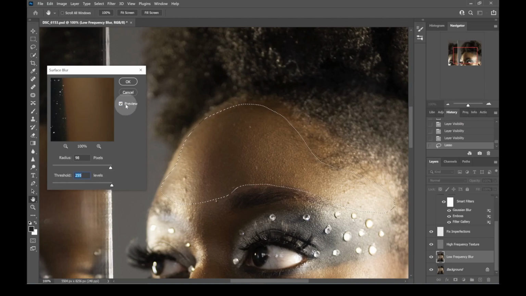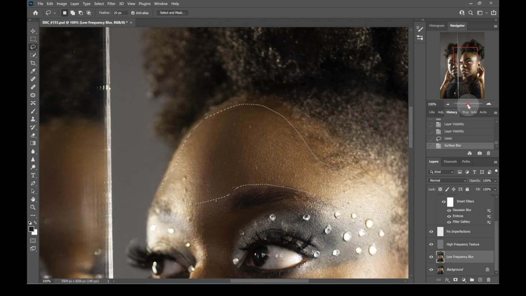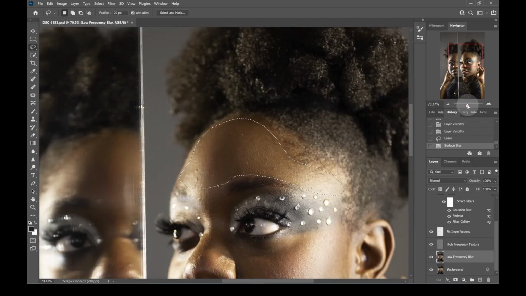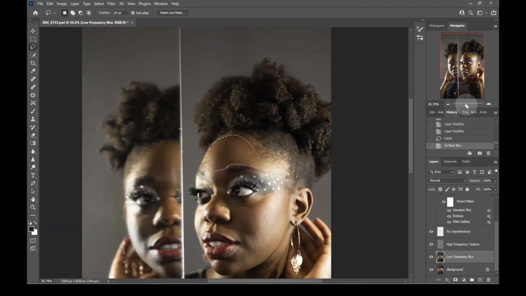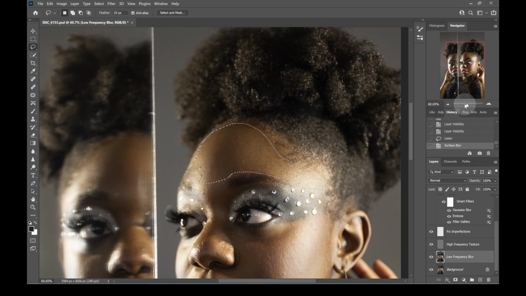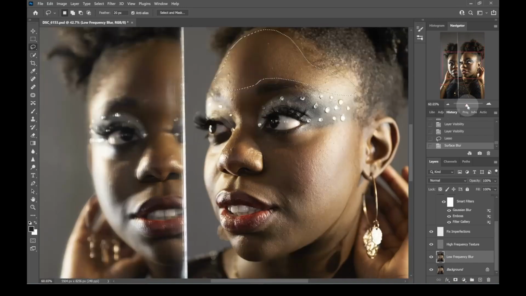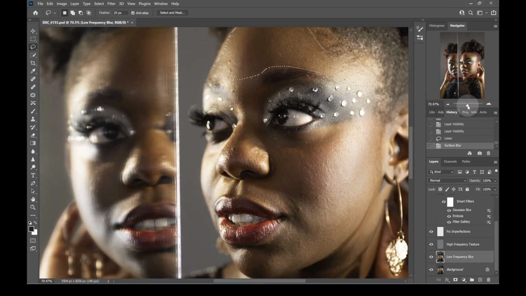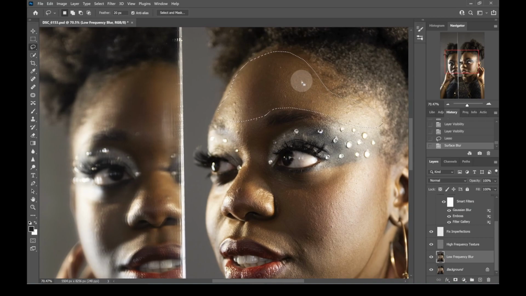As you can see, it smoothed out. Let me hit the preview again. It smoothed out parts of her skin that were more highlighted, some more shadowed, some higher, some a little bit darker. So that's what it did. Okay, that's good enough. I'm going to hit OK, so it applied those changes. I'm going to zoom out a little bit. This is just a lot of iterative changes over time. So to all of my clients, this is the reason why it takes me a while to edit your pictures. All this